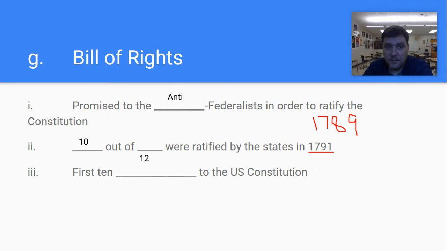Of the 12 that were initially proposed, 10 were ratified. One of the 2 that didn't get ratified eventually became the 27th Amendment, which was ratified in the 1990s. I don't remember what the other one was or if it ever got passed, but